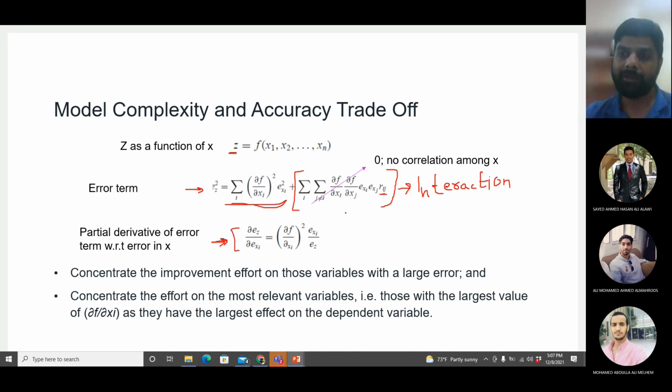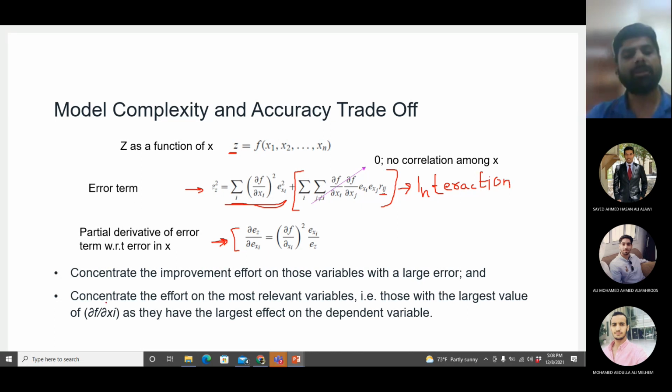So the measurement of that particular variable is causing more error in Z as compared to other variables. For example, Z is, let's say, car ownership, and X1 is income. If you make a mistake in measuring the income, it may have more impact in creating error in the equation of car ownership as compared to other variables. So try to focus on collecting the correct income more. How do you do it? We will discuss it later on. How do we make the improvements, and how do we improve the measurement? We will discuss it later on.